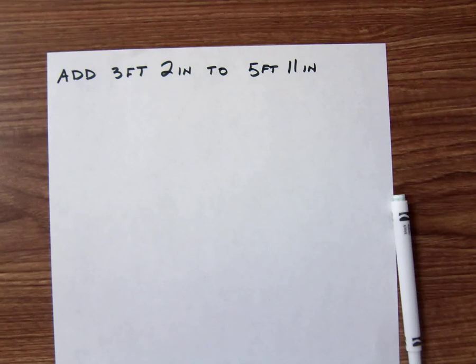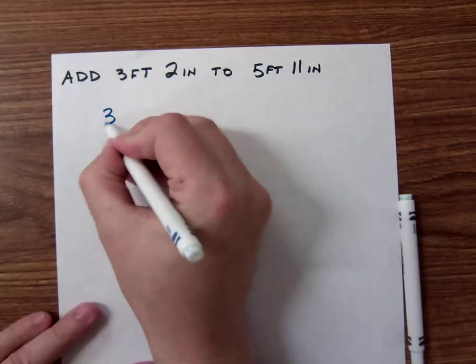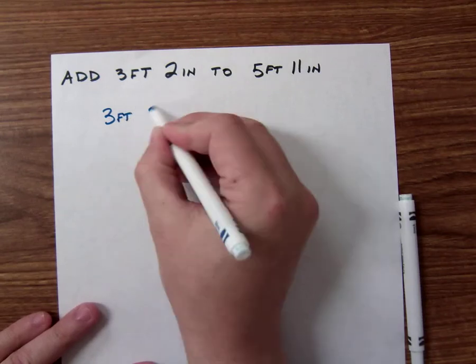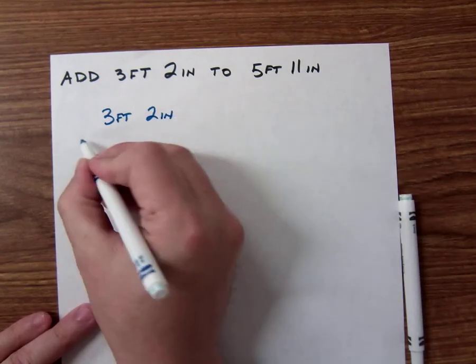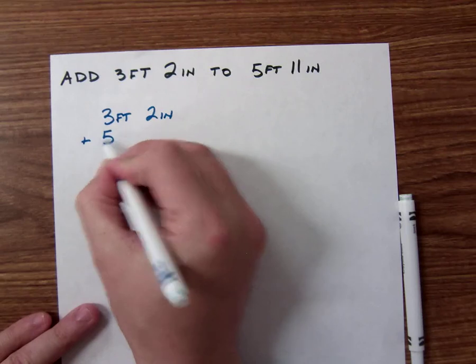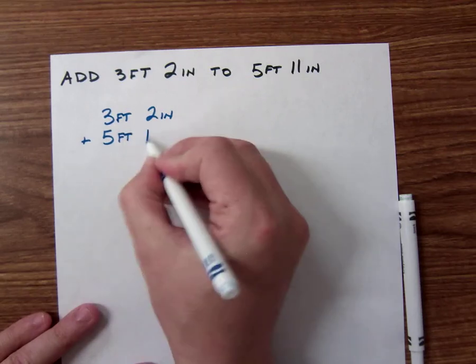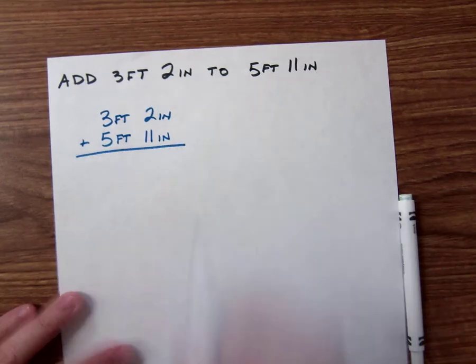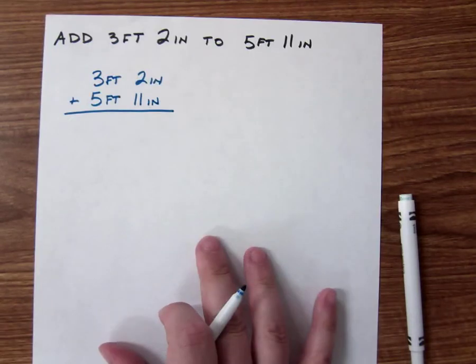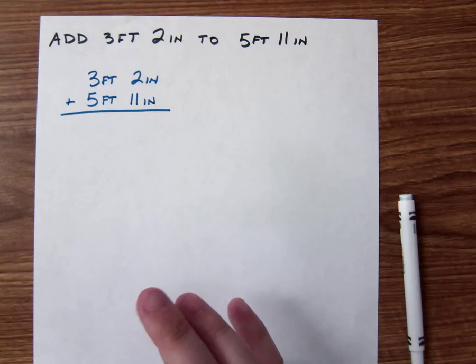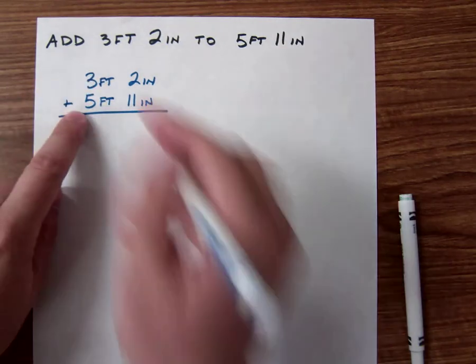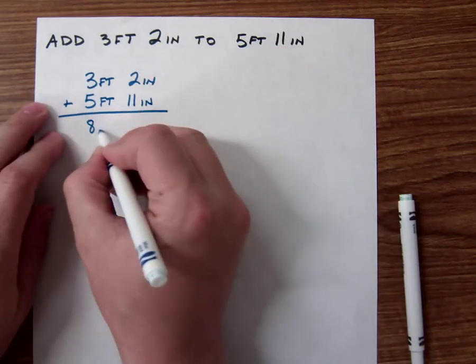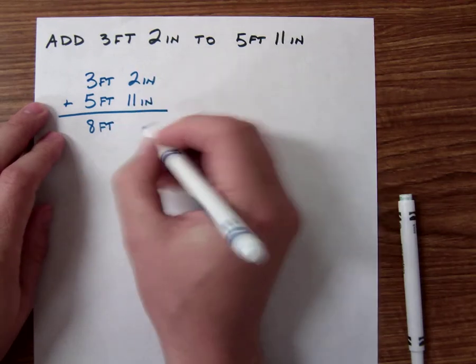So the method in which we're going to set up this problem will likely not come as a surprise to you. I'm going to take the 3 feet, 2 inches, and I'm going to do plus, and I'm just going to line up the second one, feet and inches, like so. And now I'm just going to add them straight down. 3 feet plus 5 feet. There we go, 8 feet. And 2 inches plus 11 inches is